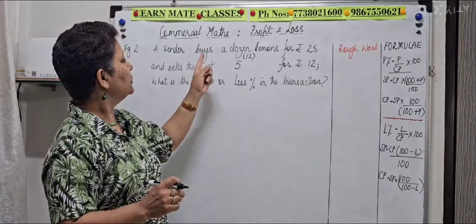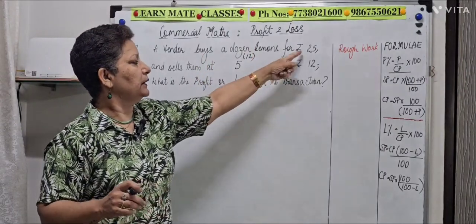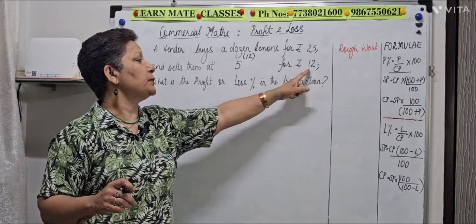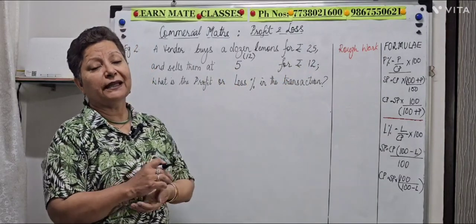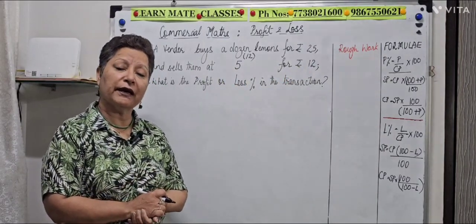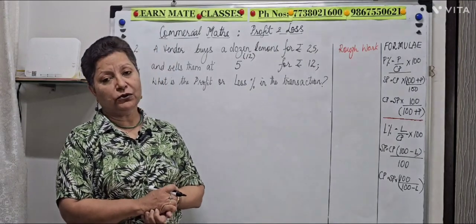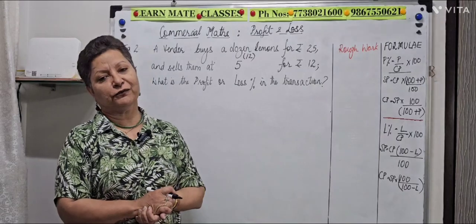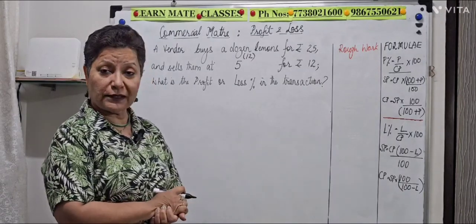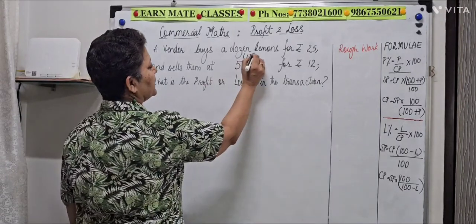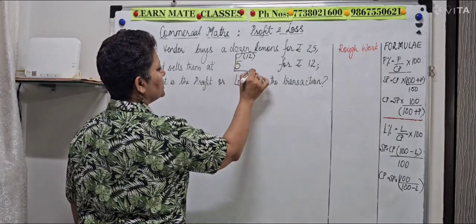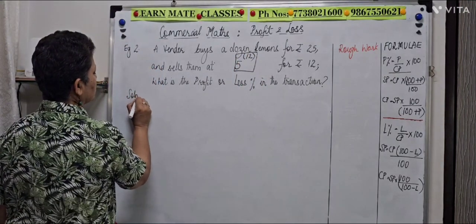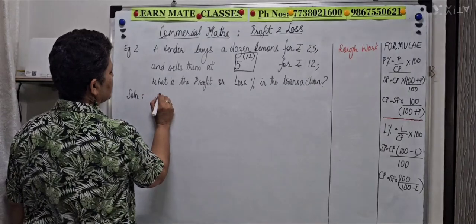Either I find out the cost price of one lemon from this information. Again, the selling price of one lemon would be 12 divided by 5, but then that will make you have to deal with fractions. So I need to come up with a simpler way, and what simpler way than to find the LCM? LCM of what? I'm going to try and find out the LCM of the number bought and the number sold. So my solution starts with the LCM